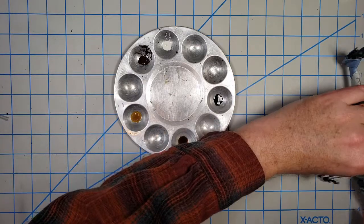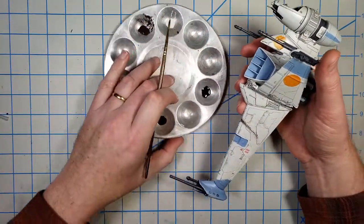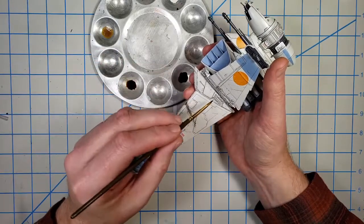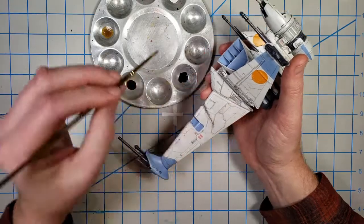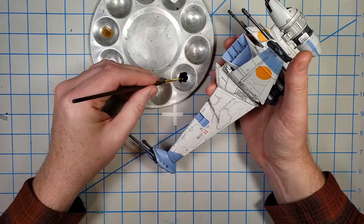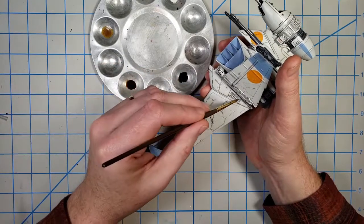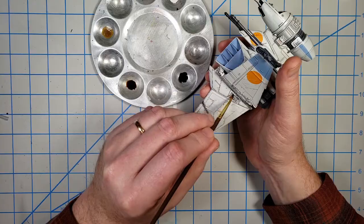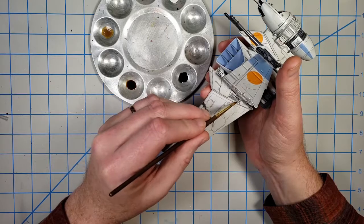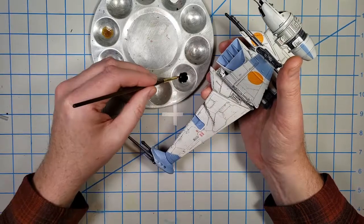But what I'll do, and pardon the reach across the camera, is I'll start in the area that I'm working on, and I'll just pick an area and say, well, there's some pipes and other things there. So I'm going to go in initially with just straight on heavy oil staining inside that panel. I'd already put some earlier, but that was more to define the area, to make the detail pop out. This application is to deliberately get it looking grimy and dirty,